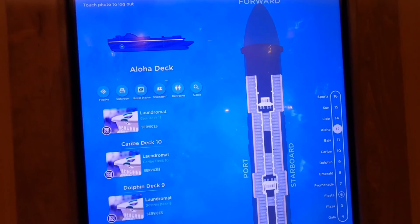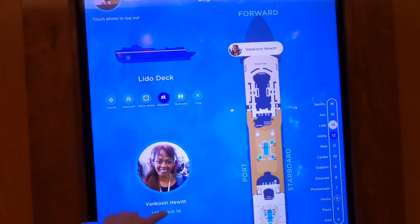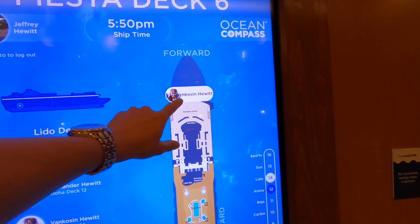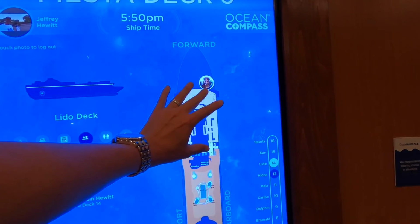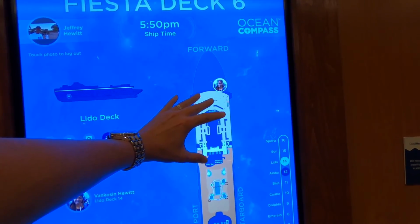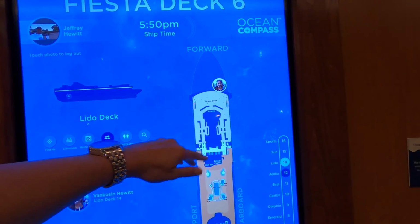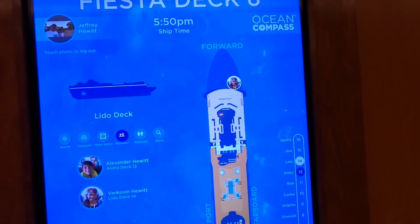But if you go back to your shipmates, you see where Chris is. It shows she's on the Lido deck, deck 14. Deck 14 forward in the Horizon Court, which is the buffet. We're going to go up there in just a few minutes. That's actually where Chris and Alex are right now, because they're having a quick meal before Chris and I head to the Jazz Bayou Premium